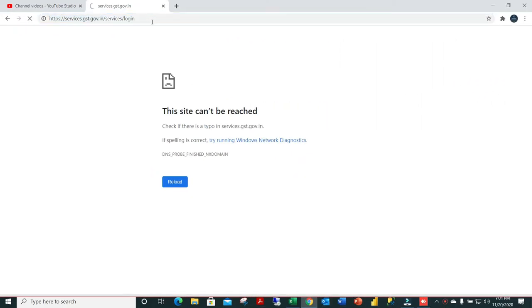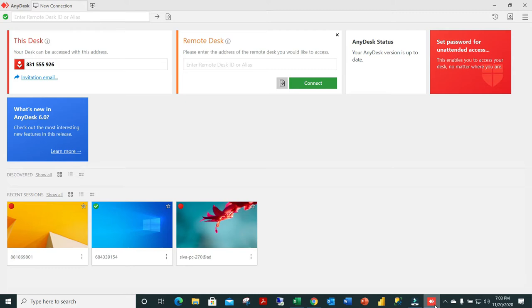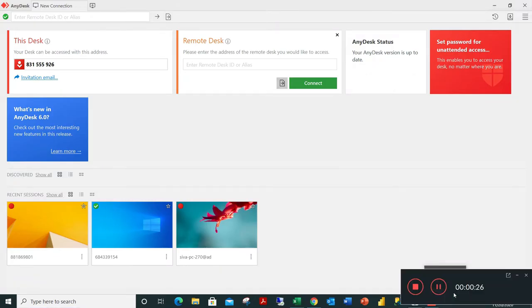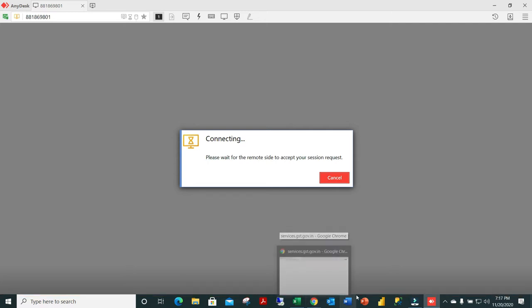In today's video, we will see how to file a GST nil return from outside India. Whenever you log in to the GST portal from outside India, from any country abroad, the page doesn't get displayed. Also, on an Indian laptop, of your relatives, friends, or wherever you're comfortable, you can install AnyDesk on the laptop from India. So log in to that from your abroad laptop.